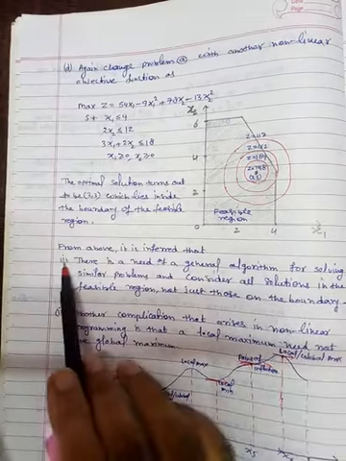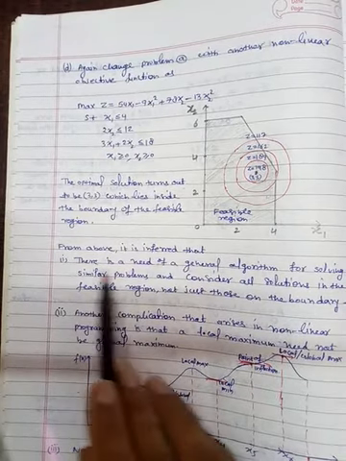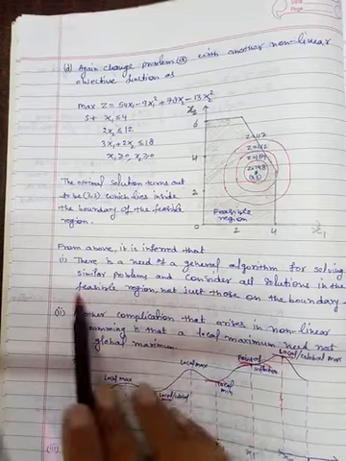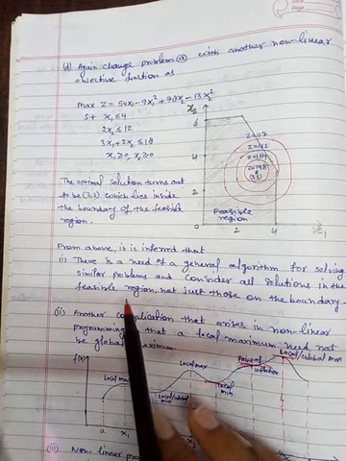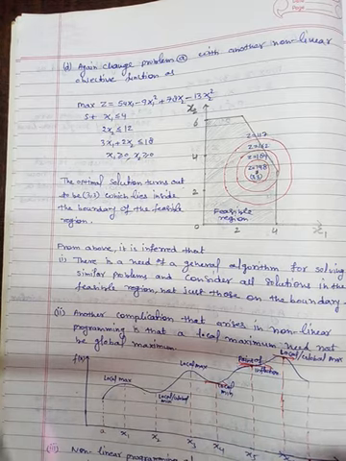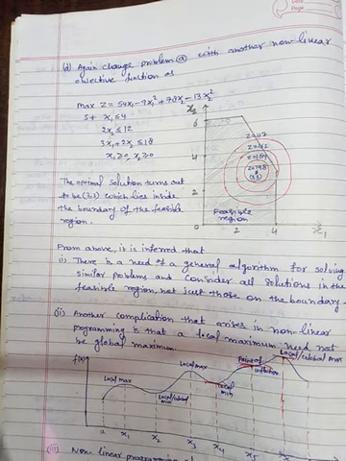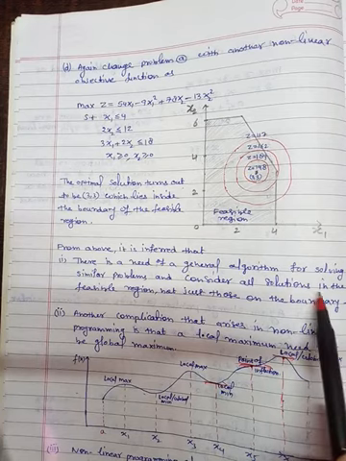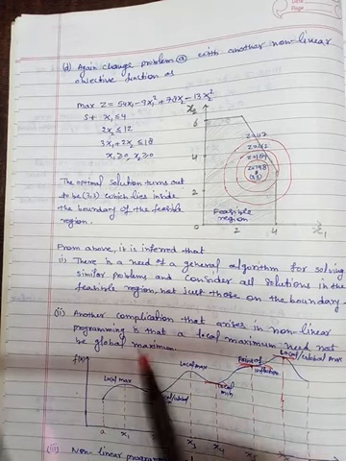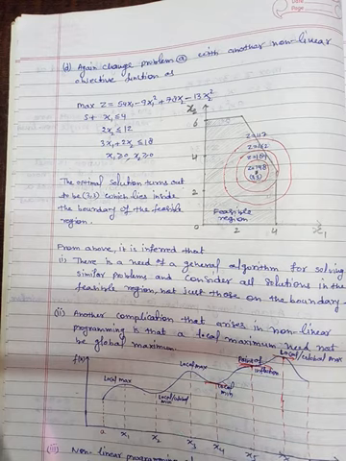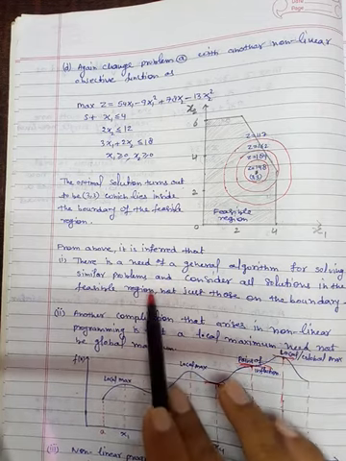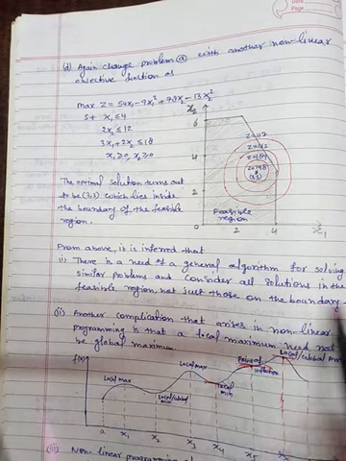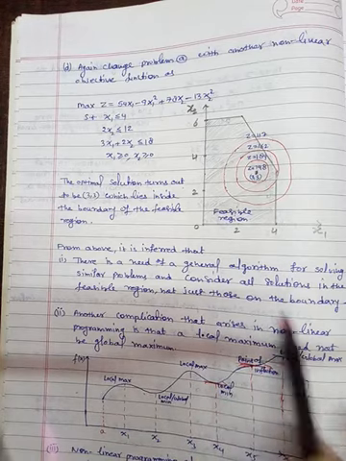Fine. And so from above, it is inferred that there is a need of a general algorithm for solving similar problems. तो जो लीनियर प्रोग्रामिंग प्रॉब्लम के जो मेथड्स है वो यहाँ वर्क नहीं करेंगे. क्यों? क्योंकि सॉल्यूशन ना तो कॉर्नर पे आ रहा है, कॉर्नर पे तो आ ही नहीं रहा है, वो तो बाउंड्री पे भी आ सकता है. So that's why there is a need of general methods, and here the methods basically depend upon the type of the problem. नॉन लीनियर में भी अलग अलग टाइप्स होती हैं, कौन सी प्रॉब्लम है कैसी है उसके लिए उसी तरह के मेथड्स हैं. So there is a need of general mathematics solving similar problems and consider all solutions in the feasible region, not just those on the boundary.